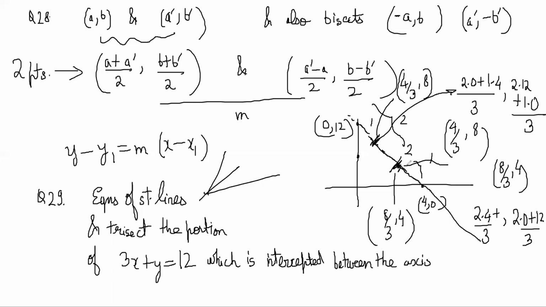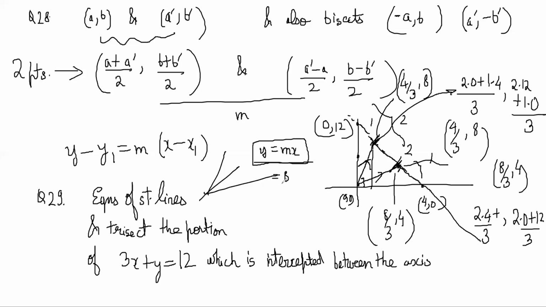Now two lines from the origin. One line is like this, one line is like this. Then the two-point form. Any line passing through the origin is just y is equal to mx, right? So just the m you need for this, just the m for this line. Origin is another point. So m is (8 minus 0) by (4 by 3 minus 0).